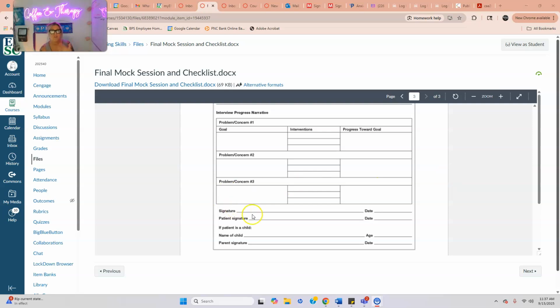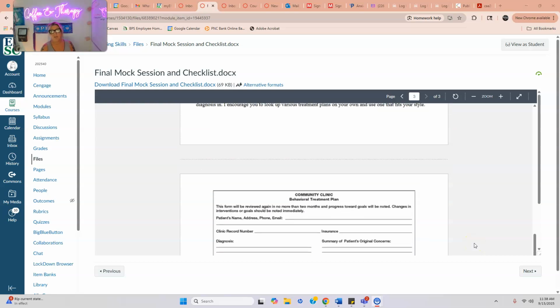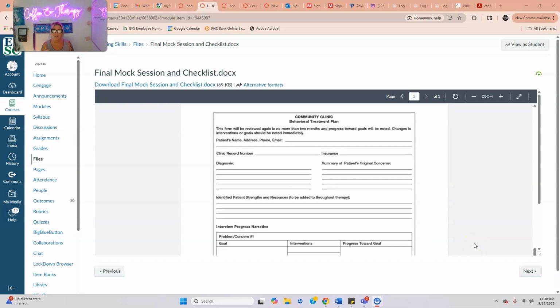And then, of course, the signature, they sign. Again, in today's world, we call them clients. Some people, old school, call them patients. You can use this, or my suggestion is go on the internet in a positive manner, in a good manner, and depending on the keywords you use, look up treatment plans for mental health professionals. There are so many templates that are really good, and then you can download those, you can tweak them,